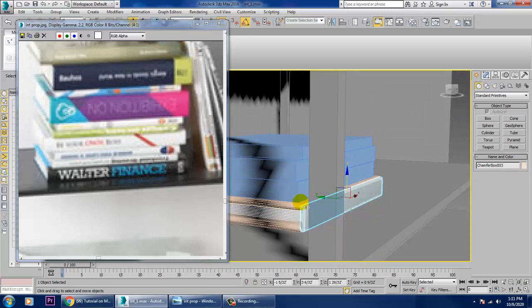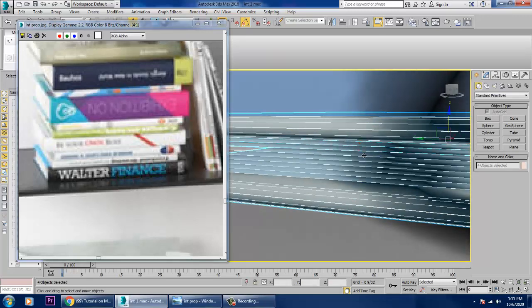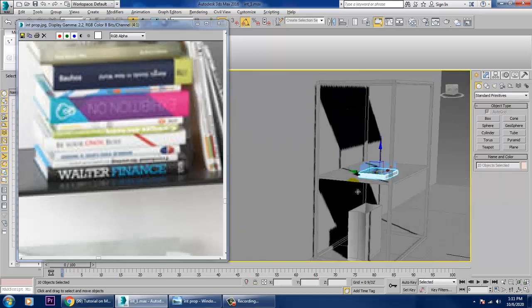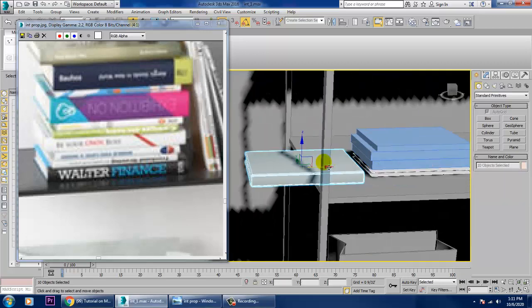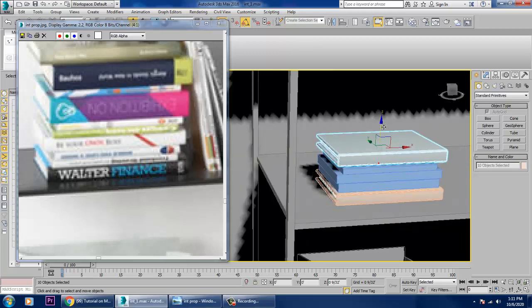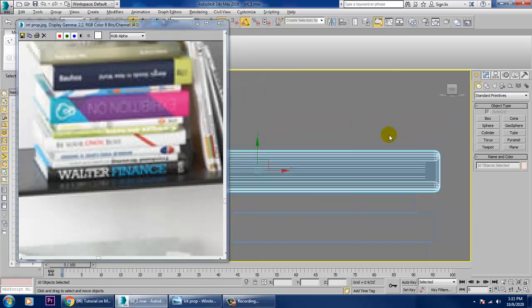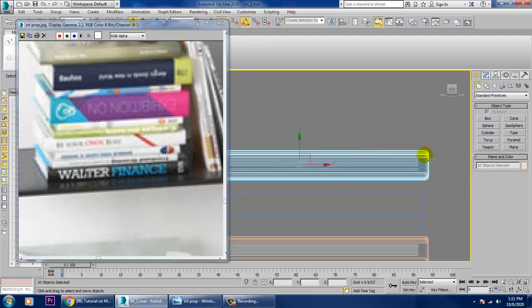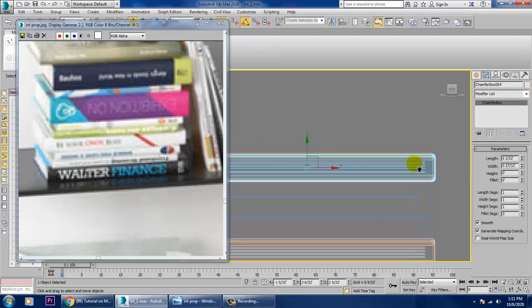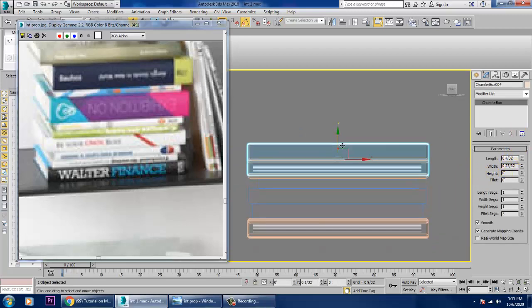Select this. Now I'll again make a copy of it. After making this copy, I'll select this, increase its length a bit, and push this up over here.